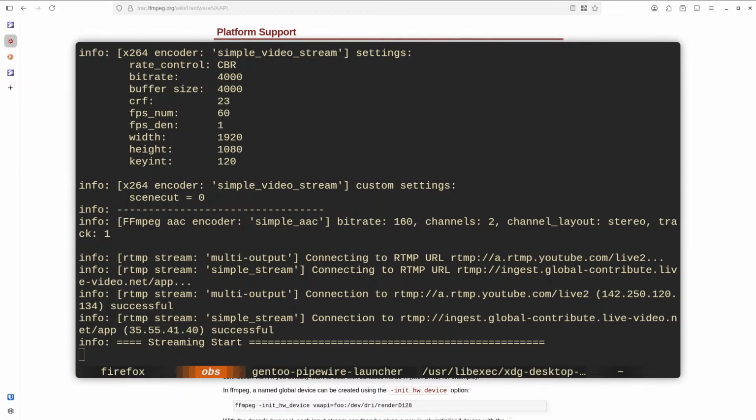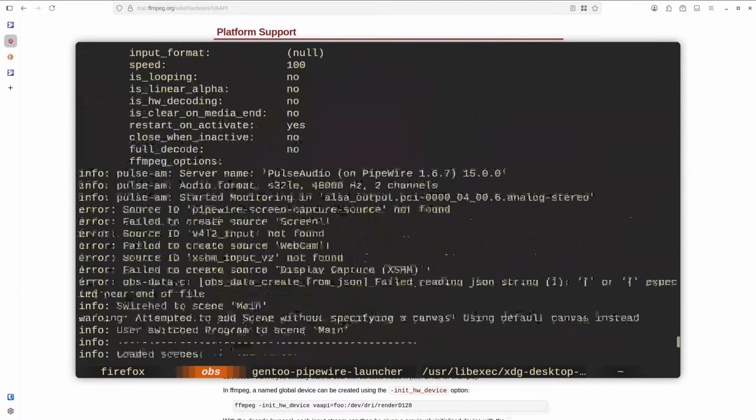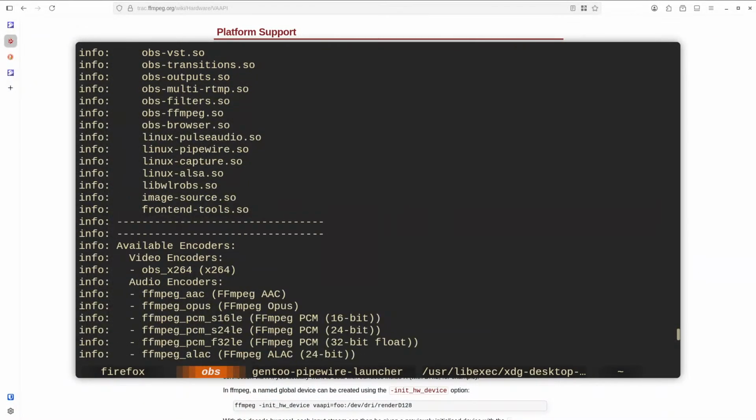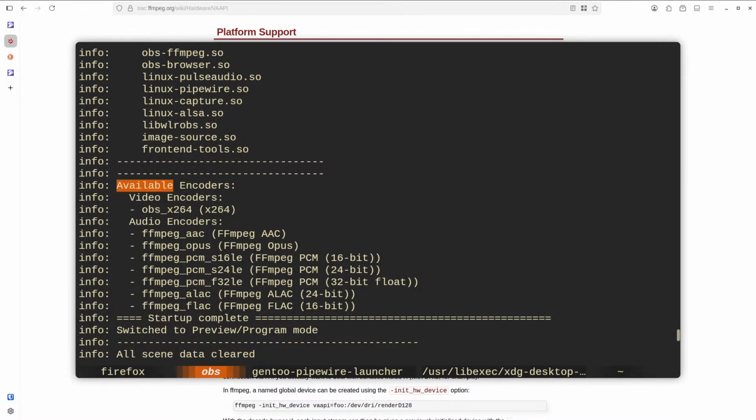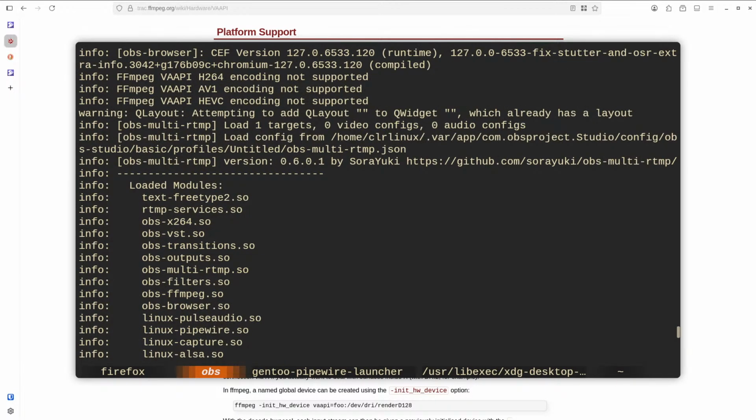Okay, so unfortunately that didn't work. We are still on software encoding. Available encoders: FFmpeg, Opus. So yeah, video encoder is X264.